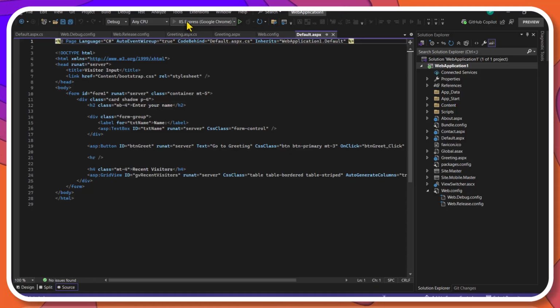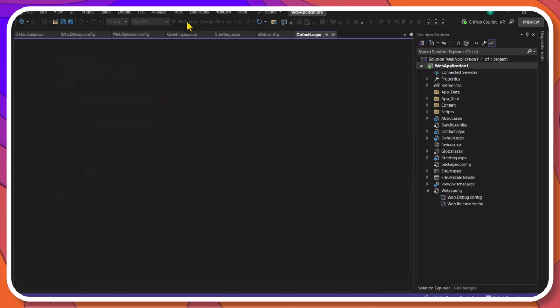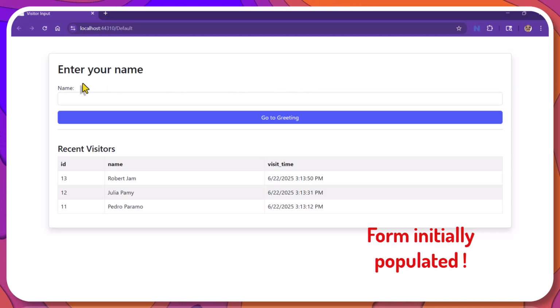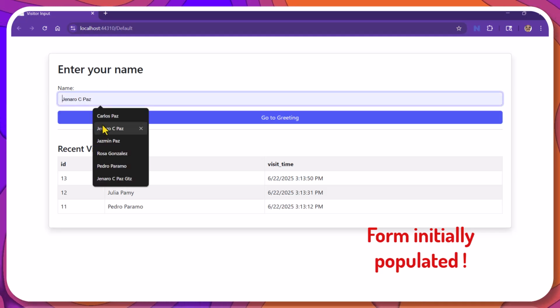Let's see it in action. The form is loaded with all registered visitors. And if one more gets in, the greeting page shows it.